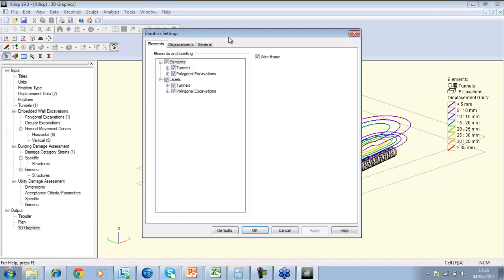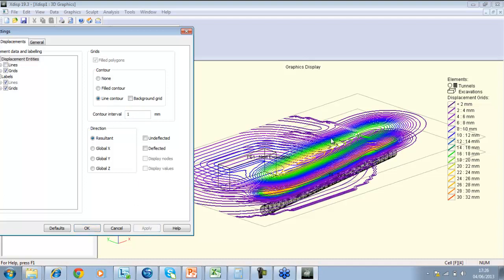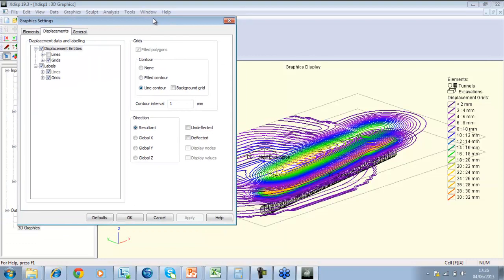I can also, by right-clicking and going to Settings Wizard, change the contour interval and have a look at the contours like that. So there are a number of options available, and maybe I just want to show a client the deflector shape in relation to